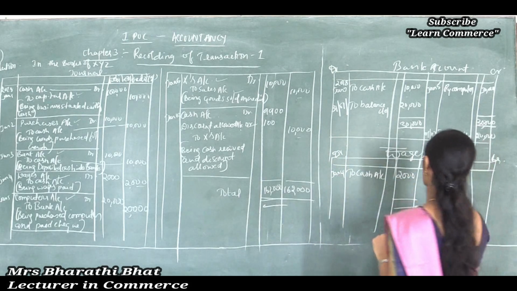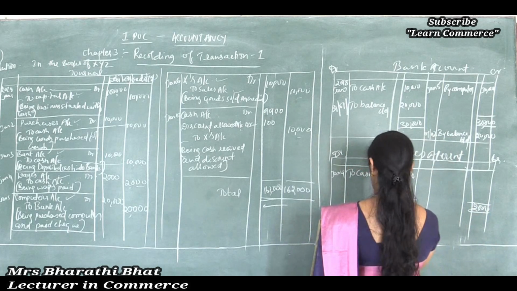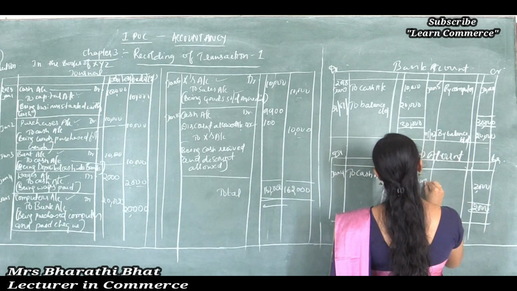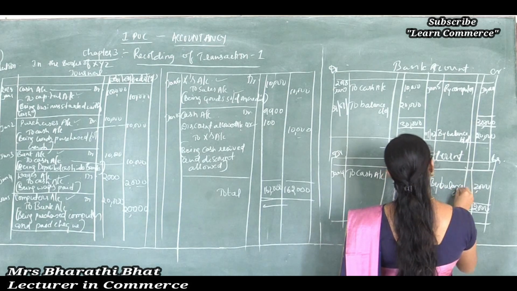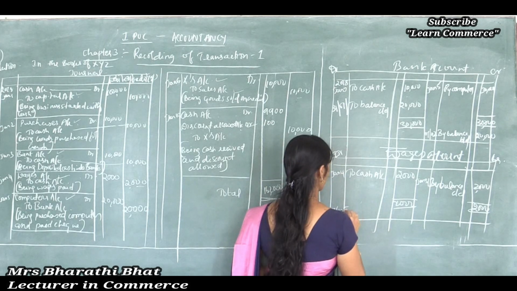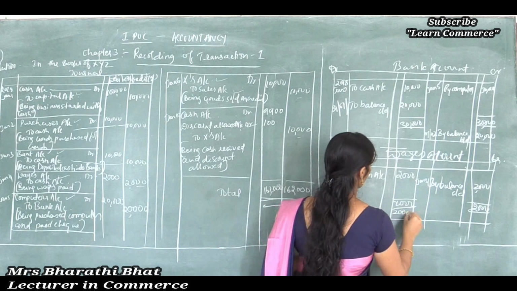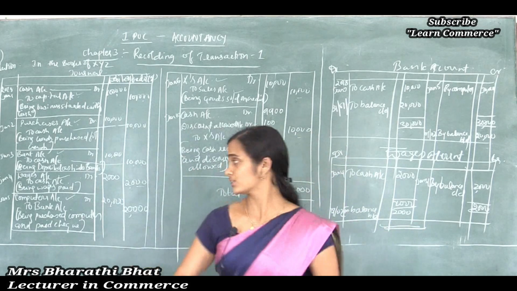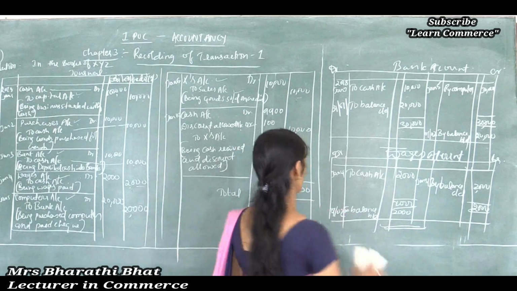Clear, right? The next step is balancing. Total it. 2,000 is the greater amount. So we record it on both sides, and 2,000 minus 2,000. January 31st, by balance carried down, and on 1st February that amount should be brought down as to balance brought down, 2,000 rupees. Here it is the end of this particular account. Clear, right? So wages, cash already covered, and the next step is computer account.